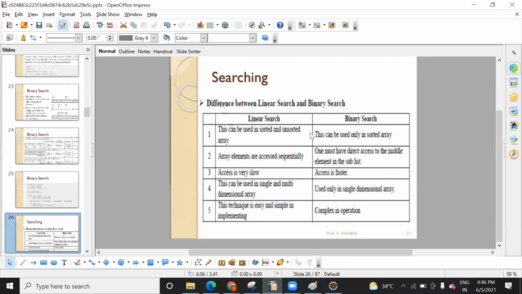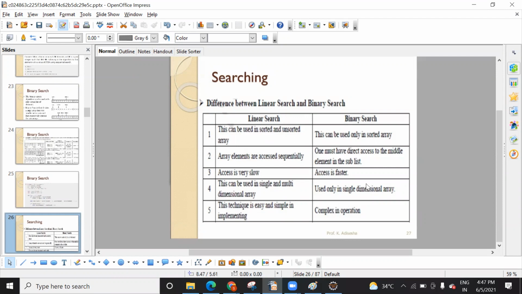So this is the difference between these two searches. Binary search is somewhat faster than linear search, except if the element is the last one. And one more thing, if the size is small, suppose you have 5 elements, then for 5 elements binary search is not useful. Linear search is sufficient for a small number of elements. Why go for a complex approach? So that is one more case we need to take into consideration while working.